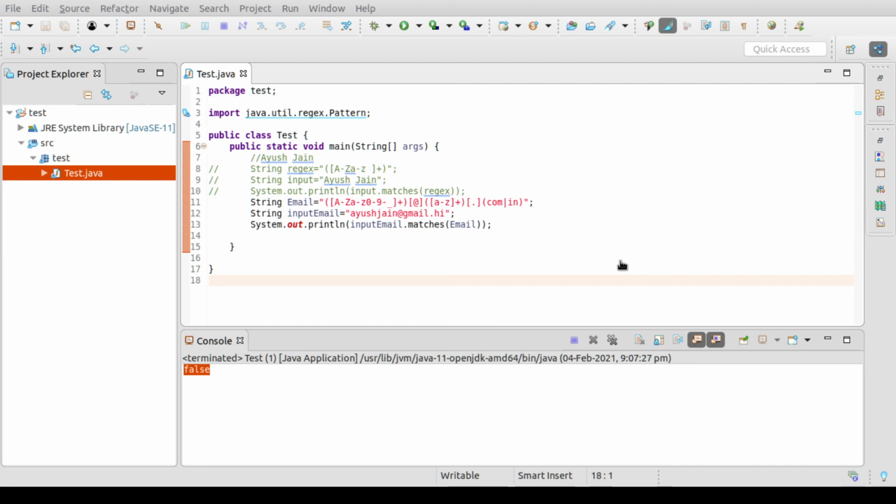There are many things that we have to use in regex, so this is just a basic introduction, and I will provide a link in the description that will give you the entire scenario, how to use it, and what different regex you can use.